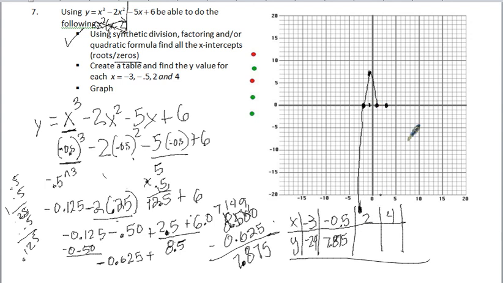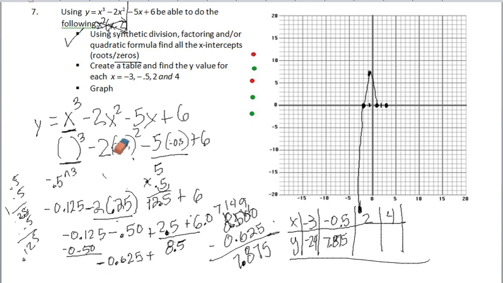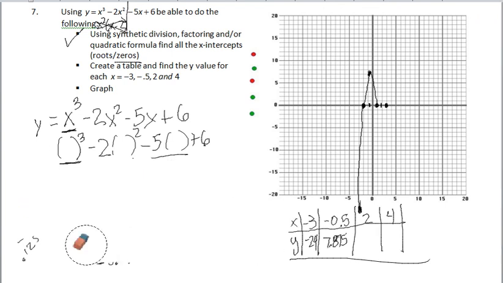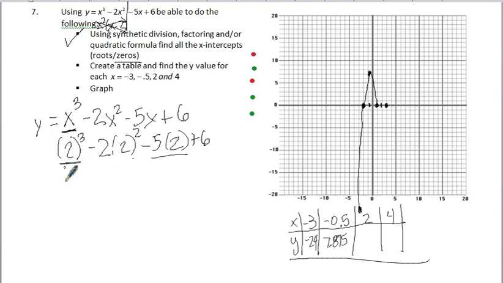Now, here's why we picked 2, because 2 is smack dab between those 2 points. So you go back and you're going to plug your 2 in for all of these spots, and you're going to do it all over again. And again, you guys have calculators, so it'll be a little faster. I'm giving you time to do your math. So we're going to plug a 2 in, a 2 in, and a 2 in. So 2 cubed,